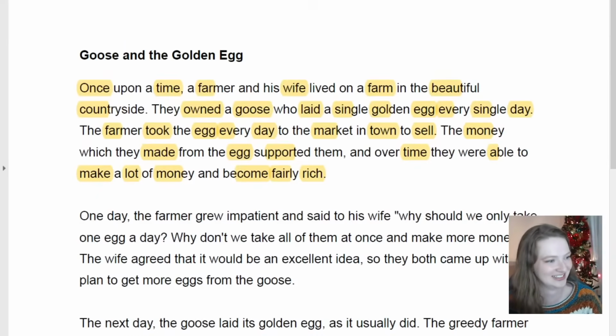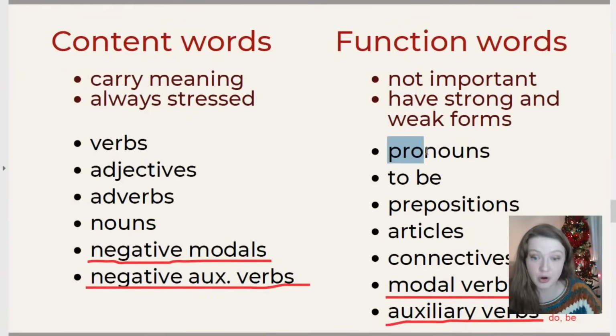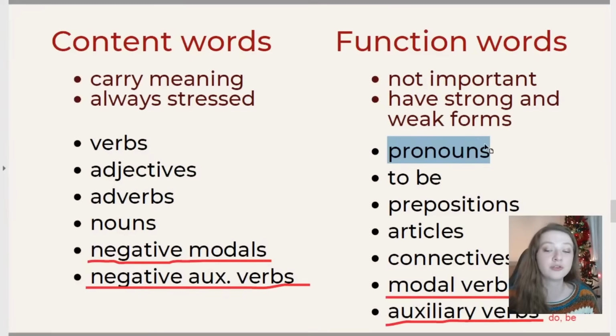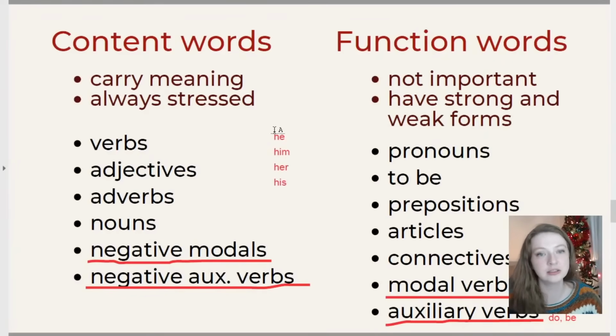Don't worry about it. Can you explain why we silenced the H in "he" and "his" in the previous workshop? Because it's not important. If we go back to this, pronouns are not important, right? So, because they're not important, we can cut some sounds. H is usually one of the sounds that goes. If H is at the start of a word, we'll cut it off if it's in a weak word. So, for example, he, him, her, his, etc. We can cut them. So "he" becomes "e".